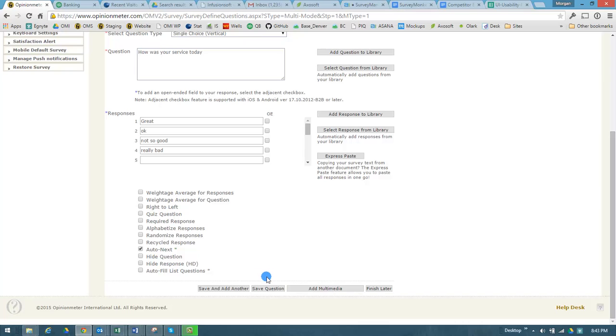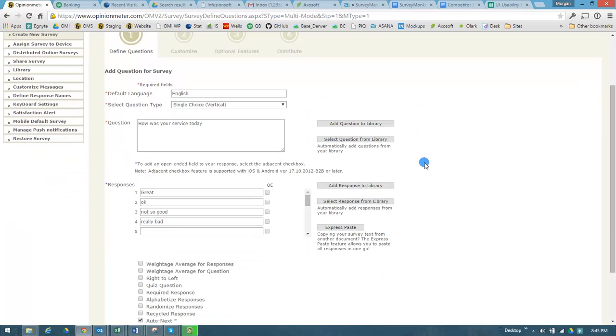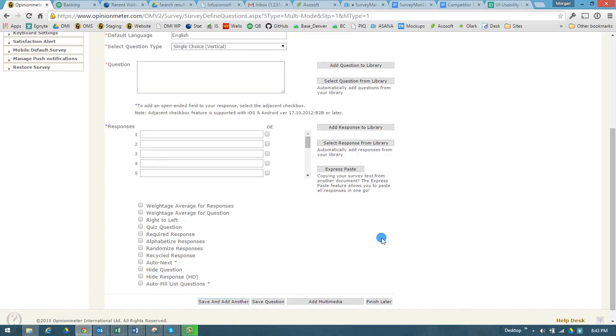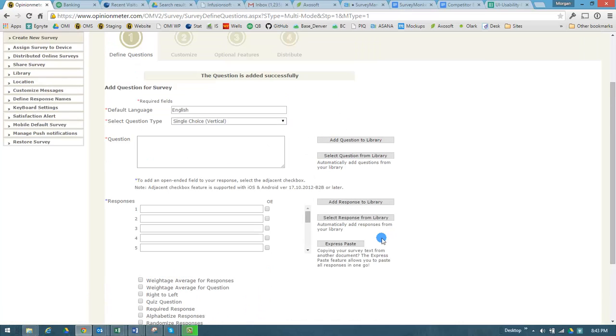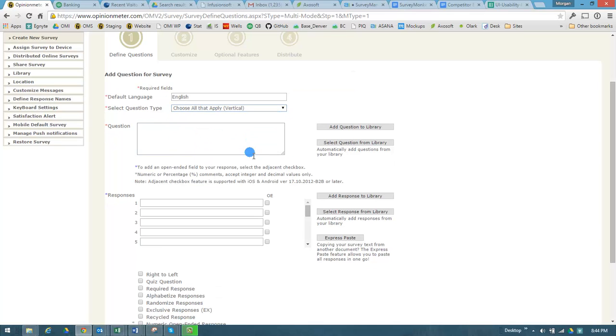If it's a one question survey, I can just click Save Question and go through step 2, 3, and 4. But I doubt you're going to have only a one question survey, so click Save and add another question. So this is saving the one question I created and brings me back to the main screen. So let's say now I have a choose all that apply question as opposed to a single response question like we had in question 1. So let's say please select your